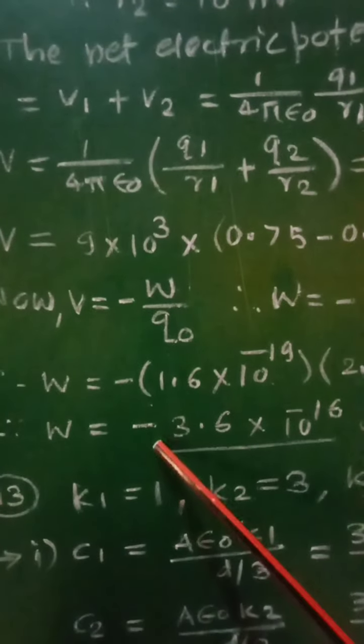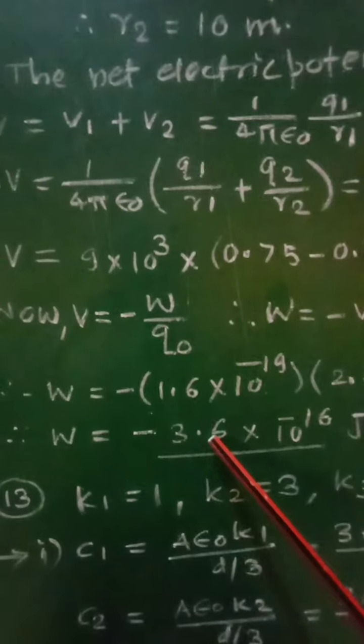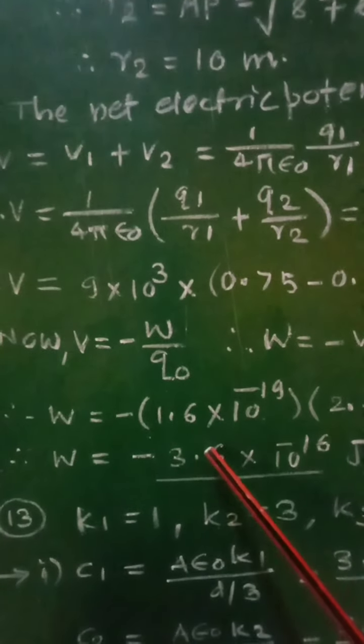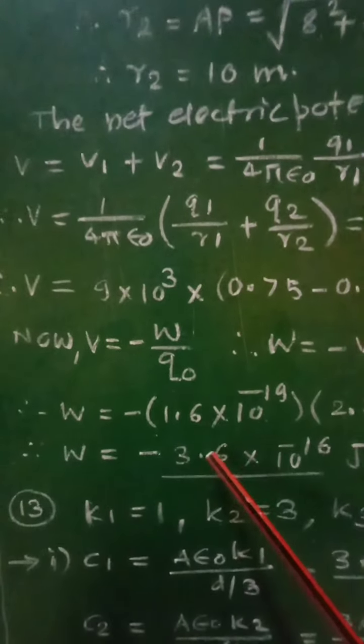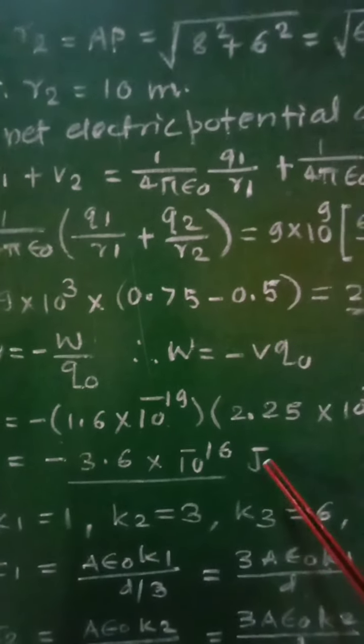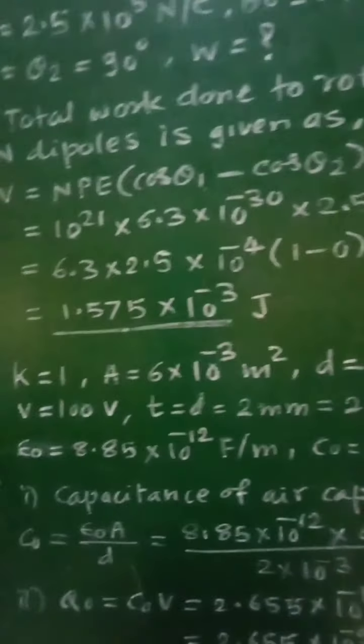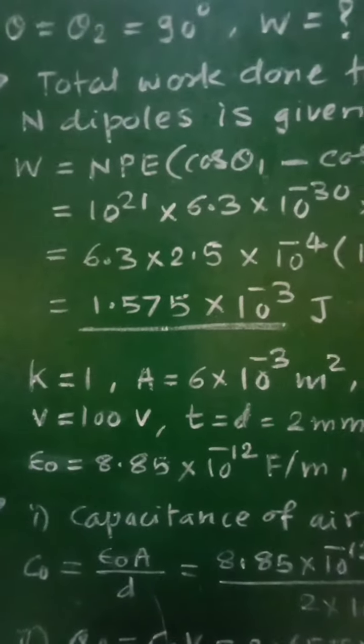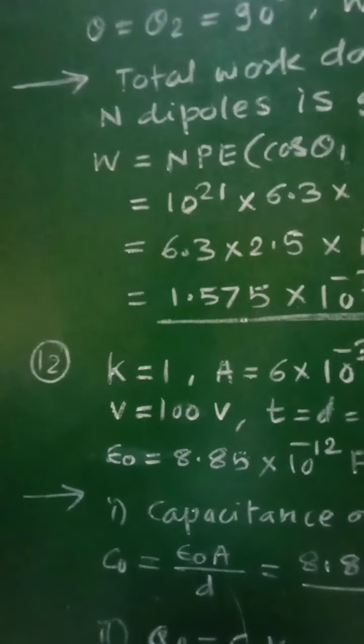Now this work done will have a negative sign. Therefore that work will be done on the charges, that is minus 3.6 into 10 raised to minus 16 joule. And now let us go for the next numerical, that is numerical number 12, which is given as